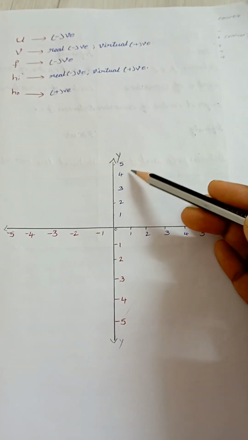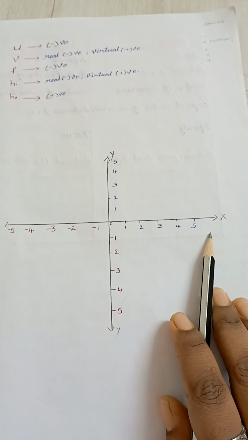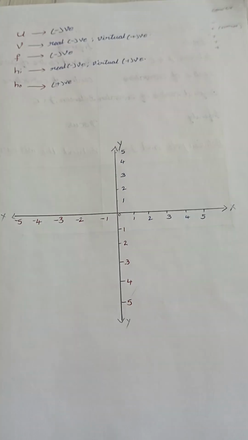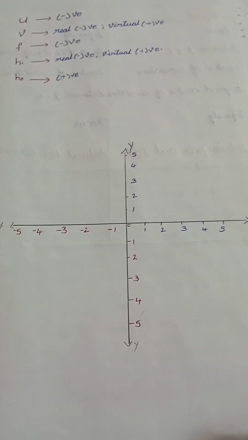Above the origin, positive values. Below the origin, negative values. Right side, positive values, and left side, negative values. See, if we draw a spherical mirror here,